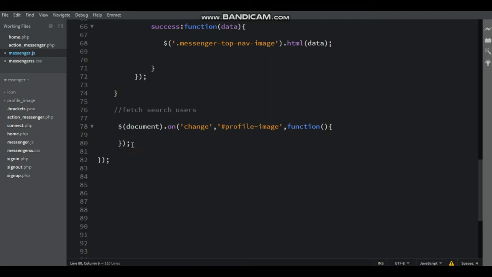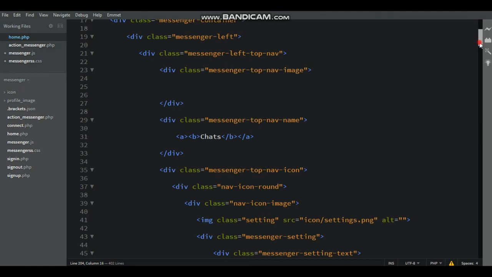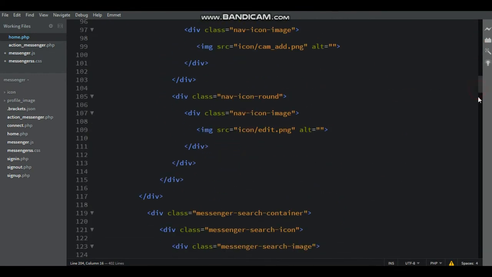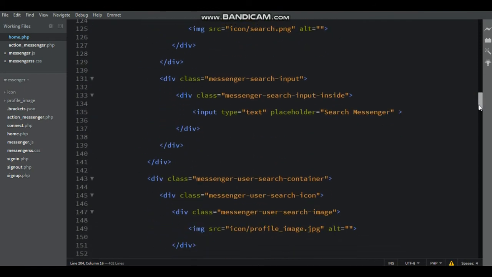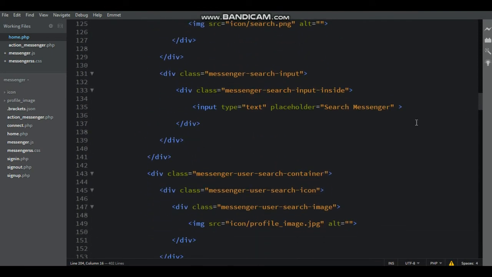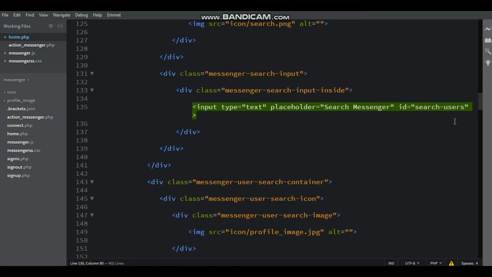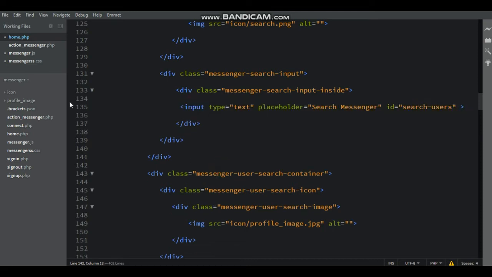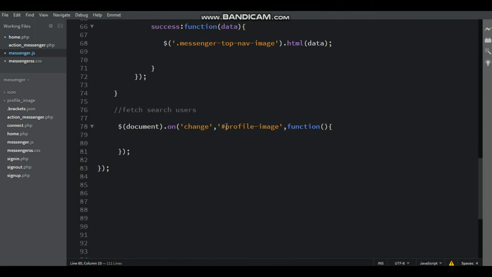Now go to the home.php file. Here write input field, id name is id equal to, inside double quote write search user, and then copy the id search user and paste inside the document.